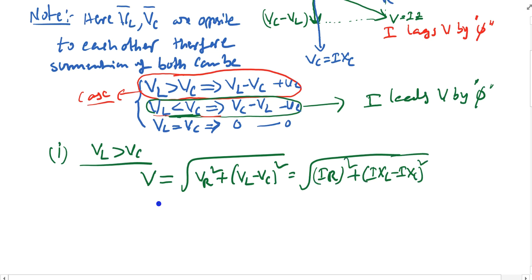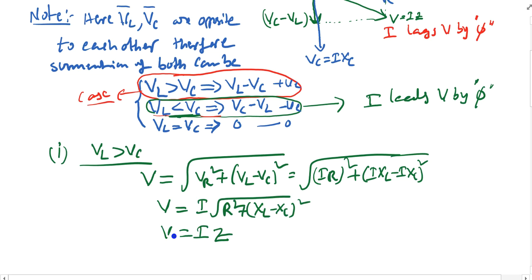So if you do this, you are going to get R square plus XL minus XC whole square, or you can say this is I into Z,